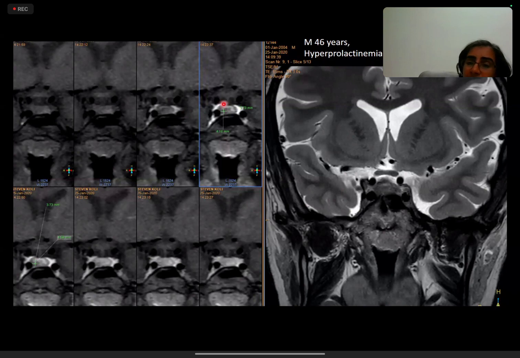See, now we have seen the dynamic post-contrast sequence. We know this lesion is here on the right side of the adenohypophysis. Then we'll say, okay, fine, we are seeing some pathology in the right side of the adenohypophysis on T2 weighted images. But without the dynamic images, it would have been impossible to make the diagnosis. Hence, as Schwartz very nicely explained, this is the mechanism and the importance of using the dynamic post-contrast images.